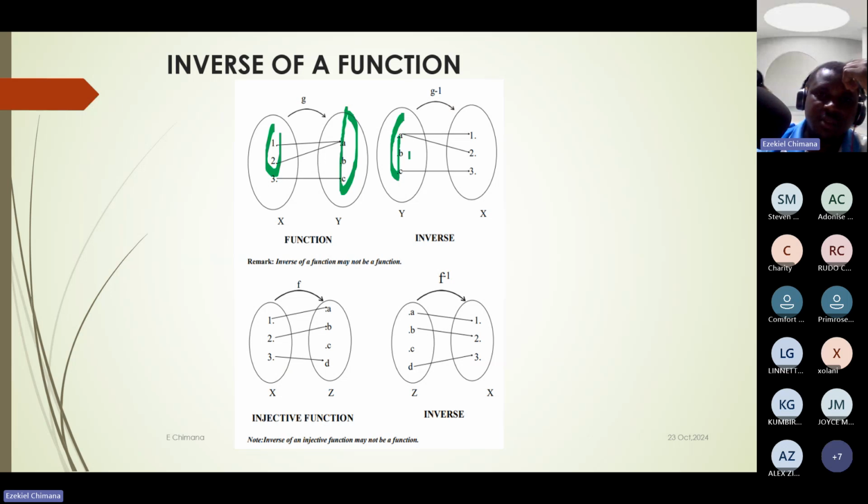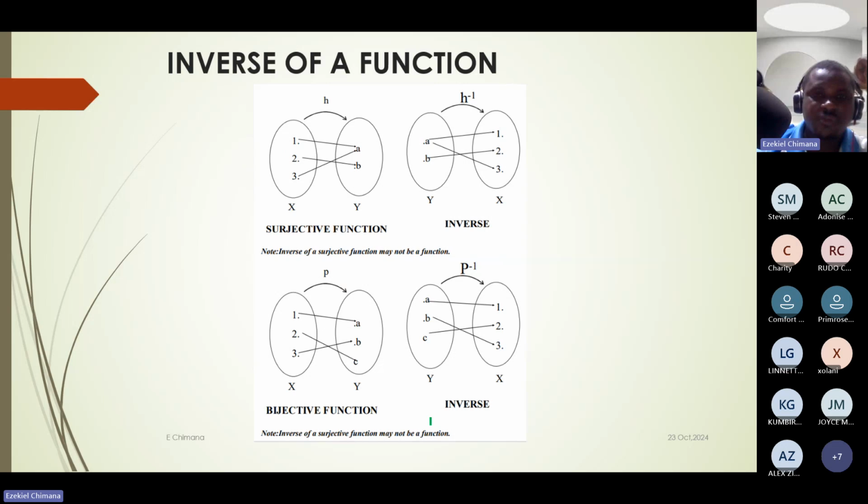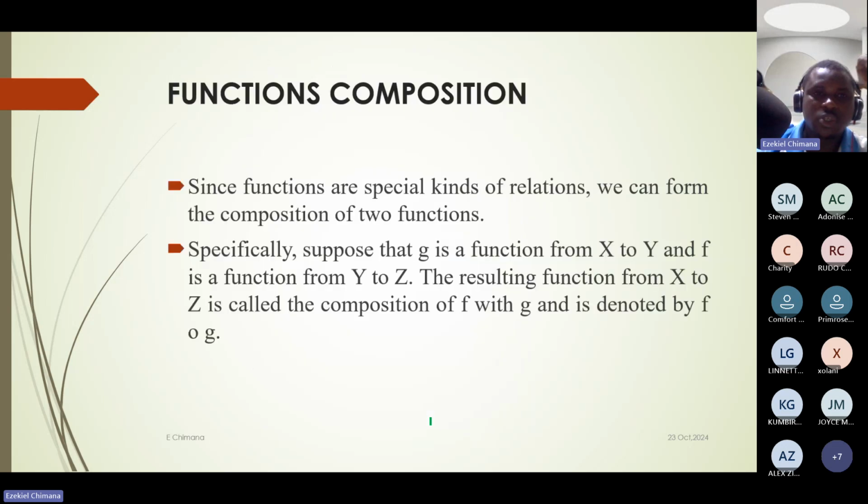If you look here, we've got some elements which are not part of the domain. So by that, this one is not a function. You need to note that. It's not always the case that you get the inverse of a function as a function. And the inverse of an injective function may not be a function as well. I don't think it's necessary for this, but what you just need to know